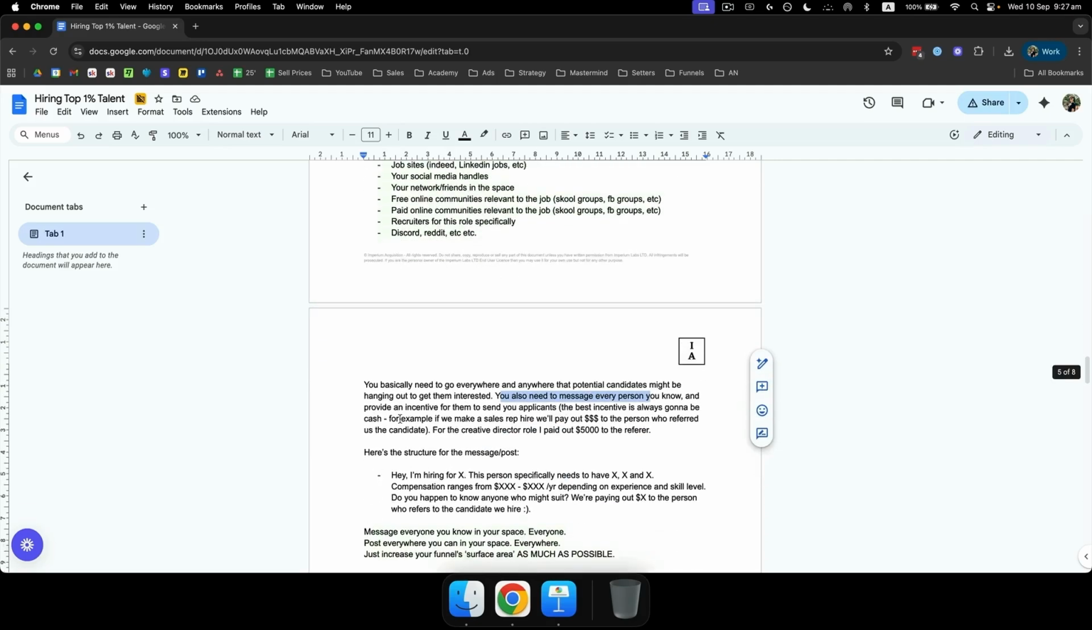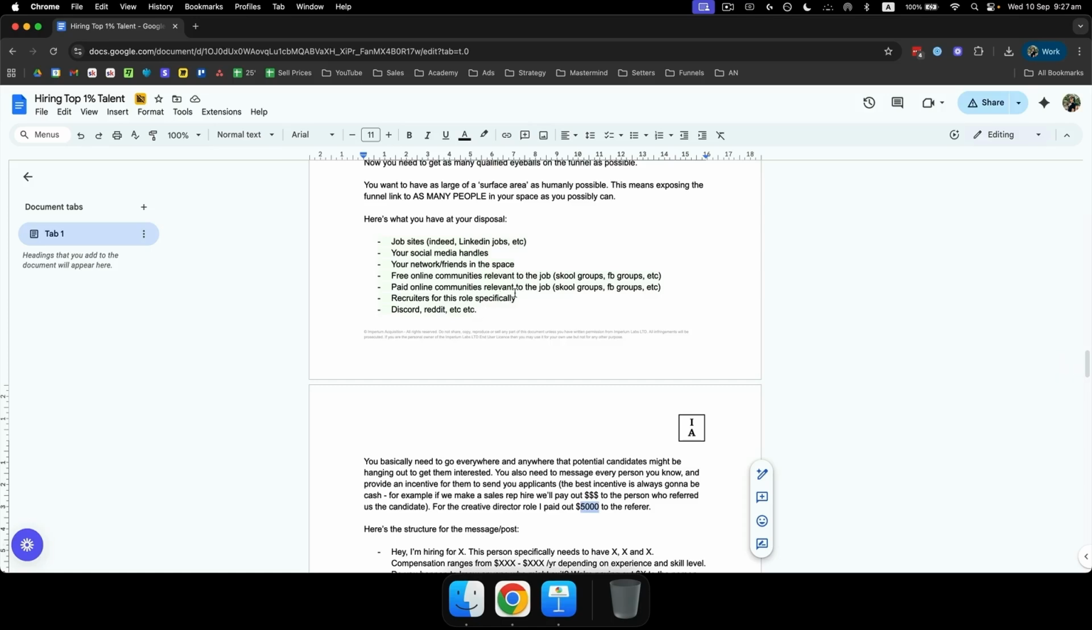So for example, if I'm making a sales rep hire, I'm always going to pay dollars out to the person who referred us a candidate. So for the creative director role, I paid out $5,000 to the person who referred this role. And that's very normal, by the way. It's normal to pay for hires, because if you were paying a recruiter, like you can also use recruiters, as I said here,